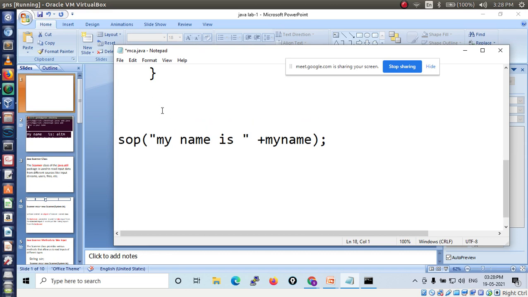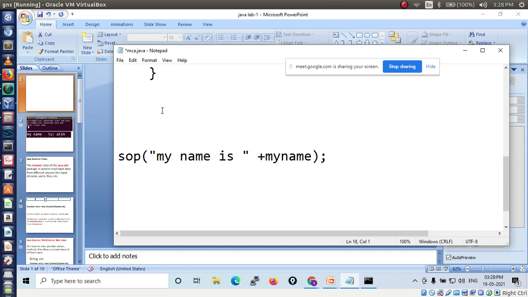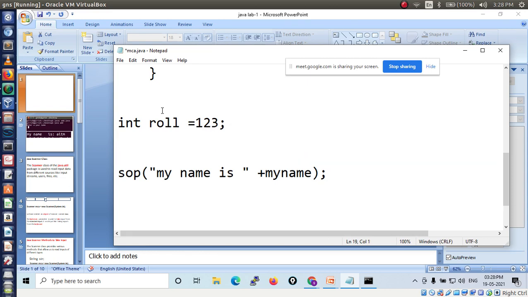Now first I need what? One name and one number, right? Please concentrate here. I need one number and one name. Name belongs to string data type, number belongs to int data type. So first we have to define data type, int roll number. Here I have to assign one number, so my number can be any number: 1, 2, 3. That's it. Then next I have to define name. I have to display name.